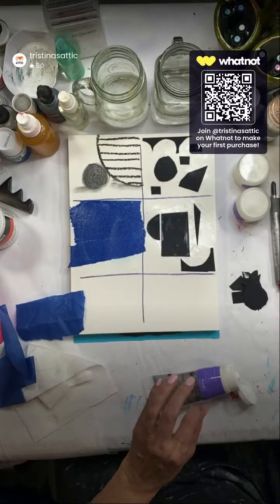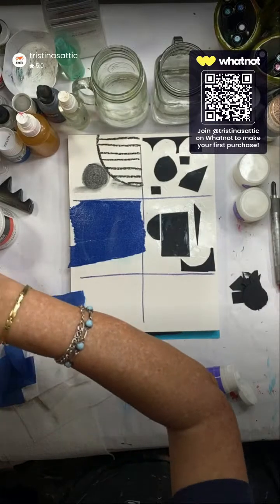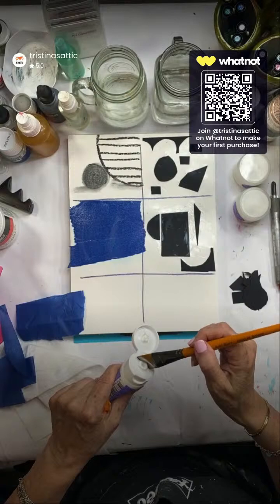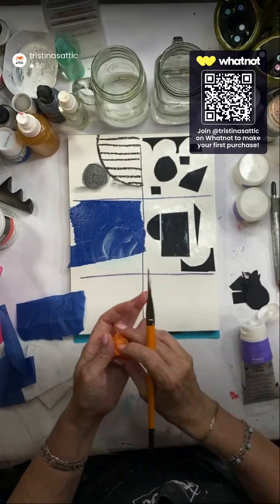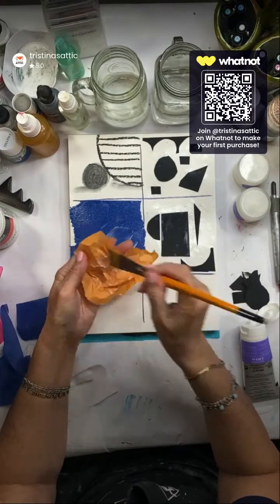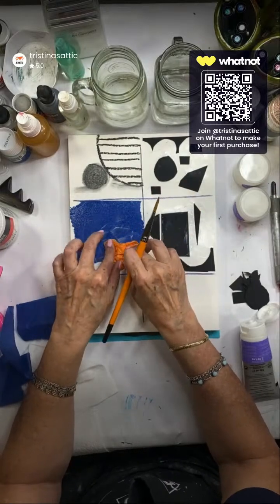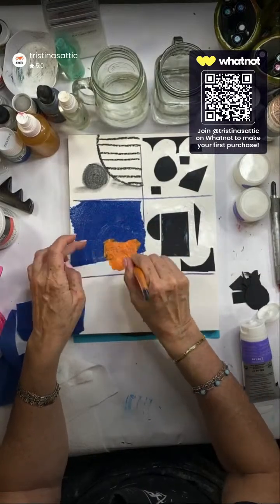So now my focal point is going to be orange to go with the blue. So I have some orange here. And what am I going to do? I'm going to do this. Just for fun, I'm going to add some texture to it. Okay, let's do this. Gross. Yes, I'm going to get it all over me, but it's going to be fun. There we go. So I'm going to create a little bit of texture out of it. So there we go. There's some orange,